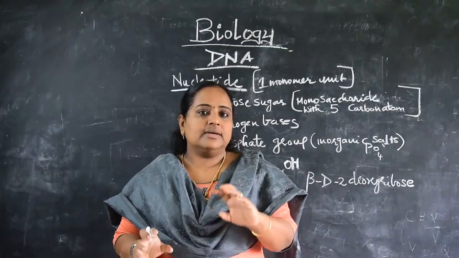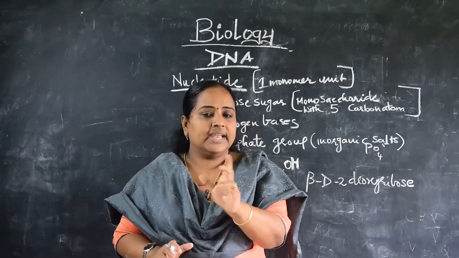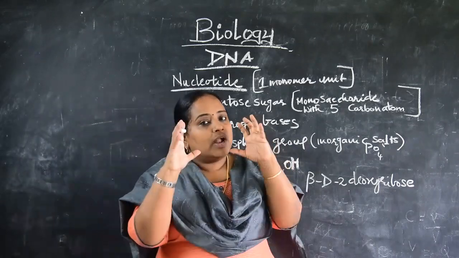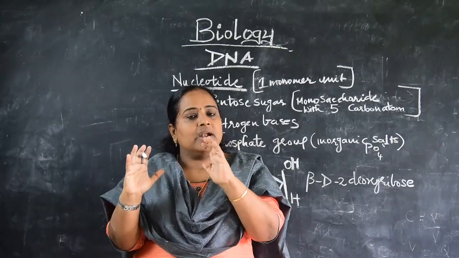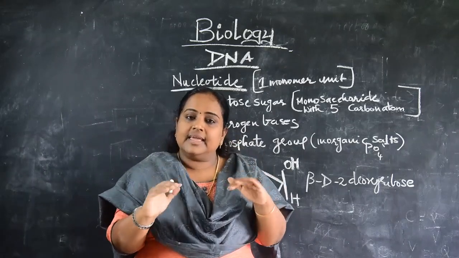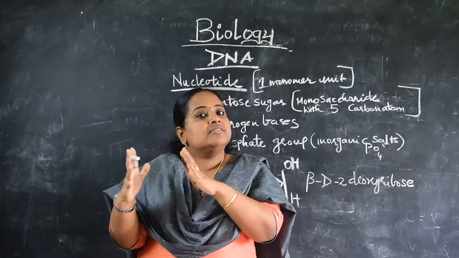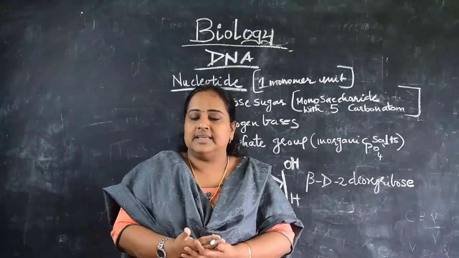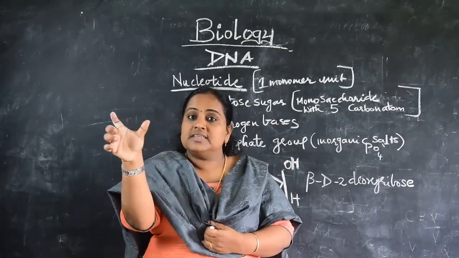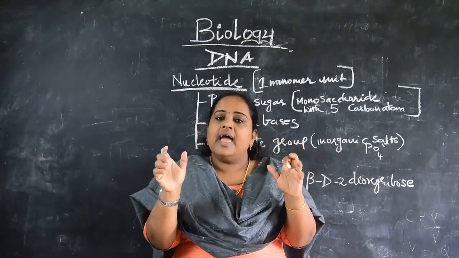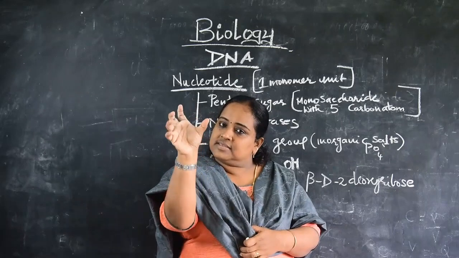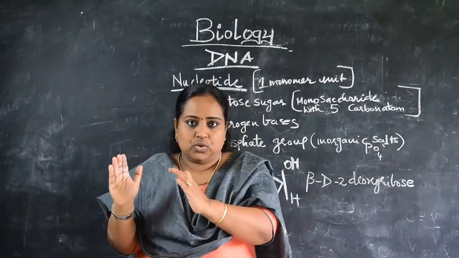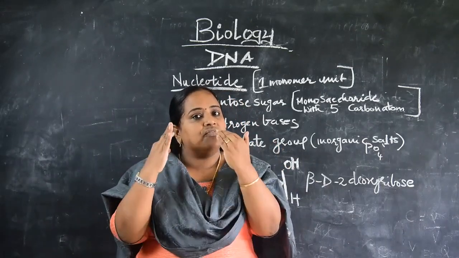So next we are going to start with the nucleotide. What is a nucleotide and all that? Yes. So, the structure of the nucleotide. I told you about one monomer unit. A nucleotide is nothing but one monomer unit, and in DNA that monomer unit is nothing but a deoxyribonucleotide. So many monomers make up a polymer, that is a chain, and in DNA one monomer unit is a deoxyribonucleotide. And now we are going to see the structure of that nucleotide.